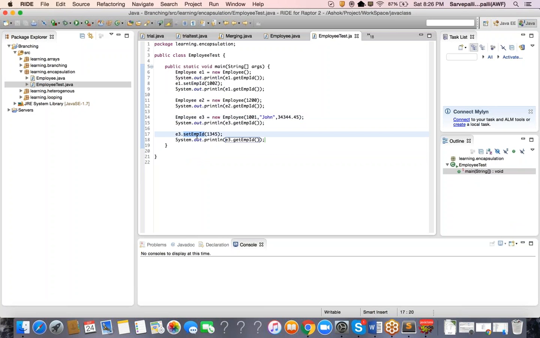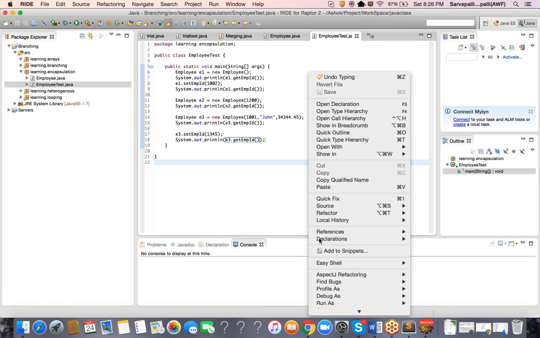And finally, I am changing that also. e3 dot set emp id is 1345. When you print it, you will get it. Got it? So you will get 1345. So when I run this,